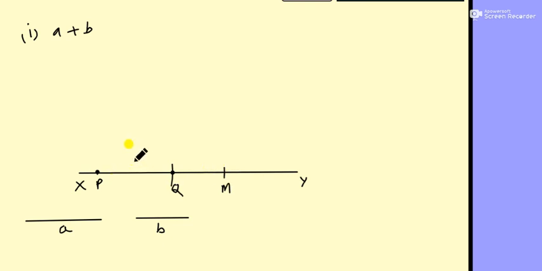As you know, this line is small a and this line is small b. So as you know, line PM is equal to small a plus b. So that is your answer. You can write and draw. The second is